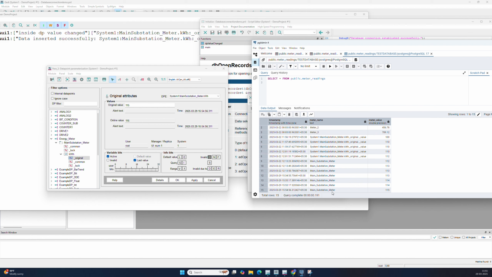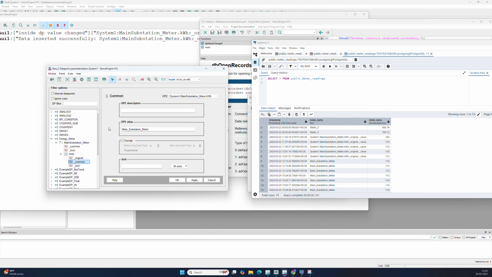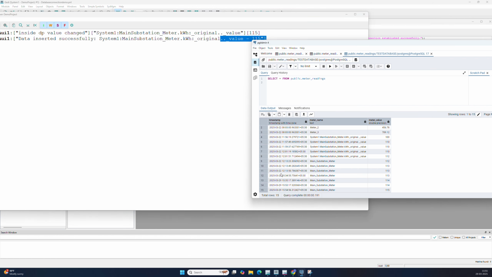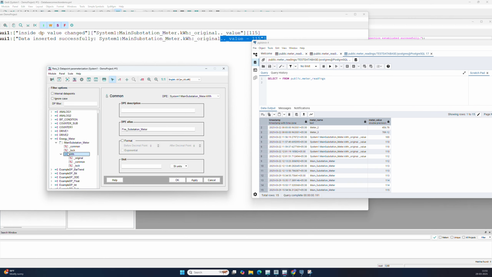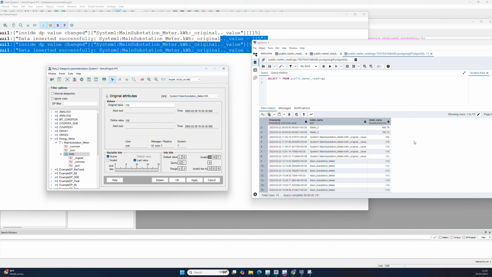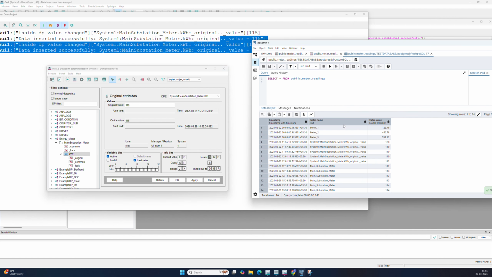The meter name is main substation meter. Okay, suppose I change the name of this meter, instead of main substation meter, to fire station meter. Apply. And here you can see the value has now changed to this one. I'll just do one thing. I will change the value once again. Instead of 115, we will make it 116. Apply. 116. I will run the query. Here you can see